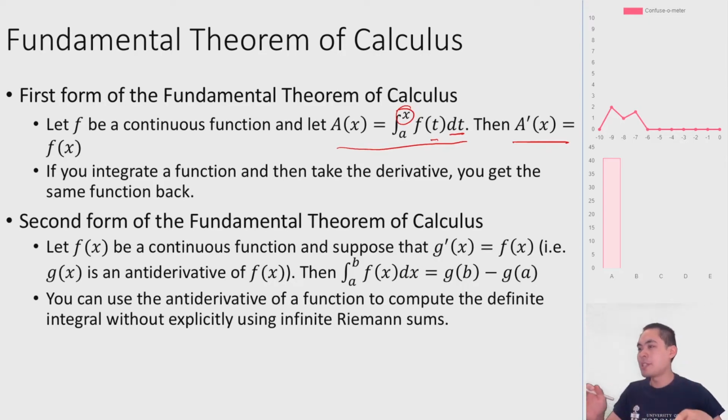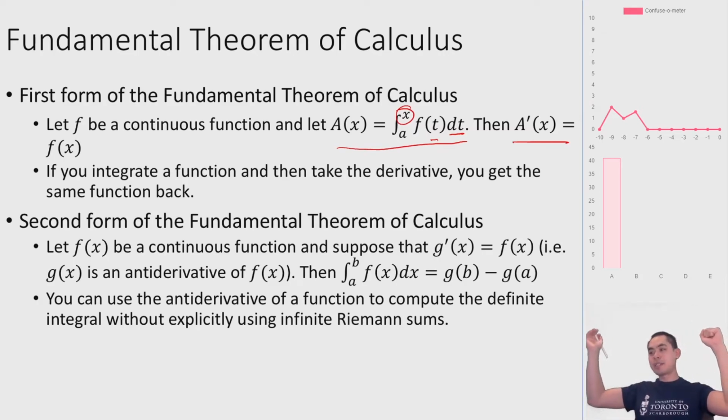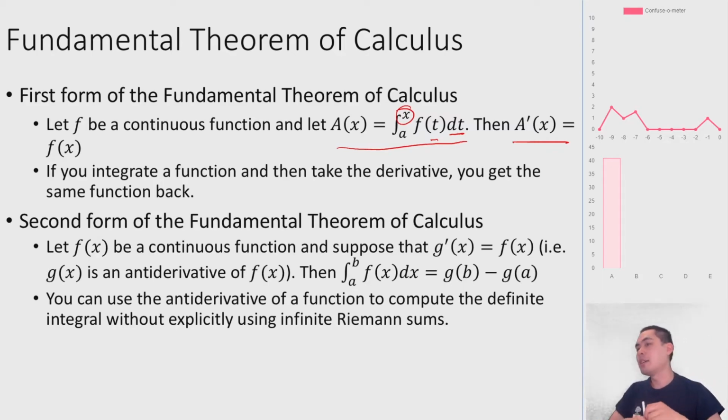When you define it this way, what you're doing is measuring the area from some point A to this value x, whatever it is. When you take that integral, you get some other function, right? Because as you change the value x, you have a different sized integral. And then when you take the derivative of that new function, you get your f of x back. And so this is the first form of the fundamental theorem of calculus. So it's just formalizing the idea that the integral and